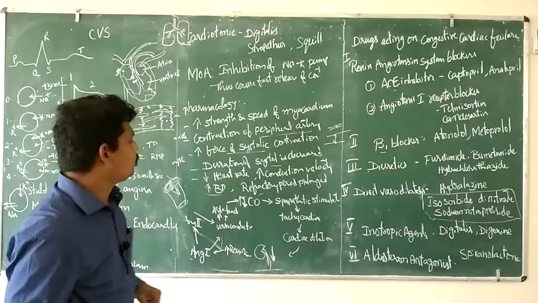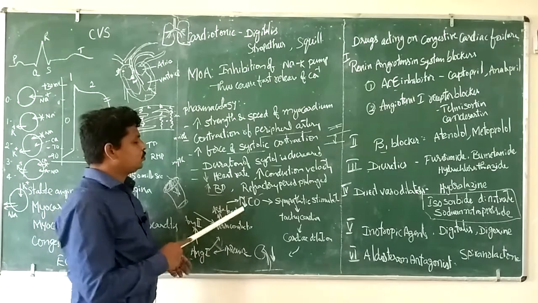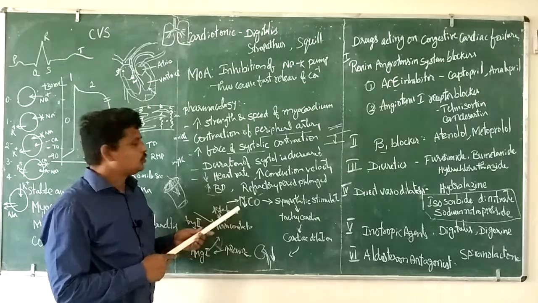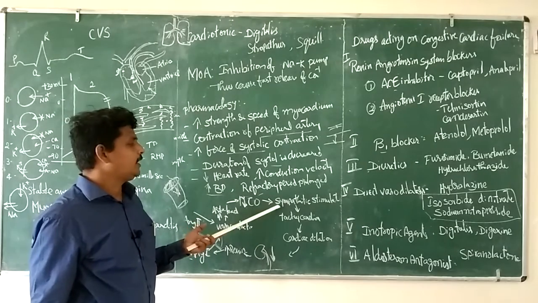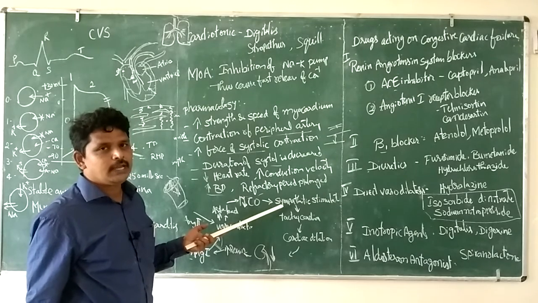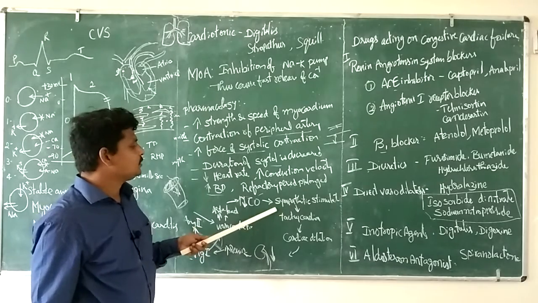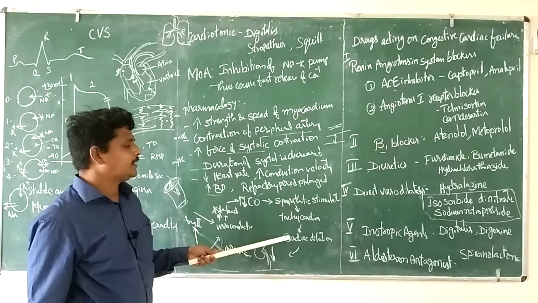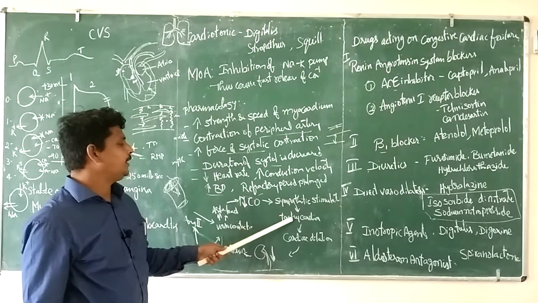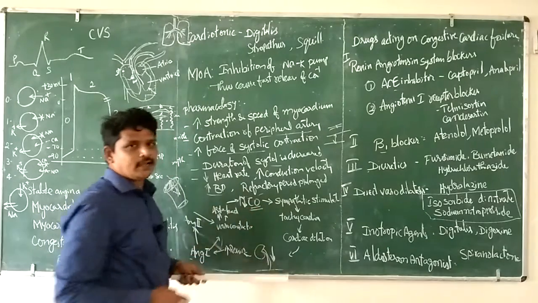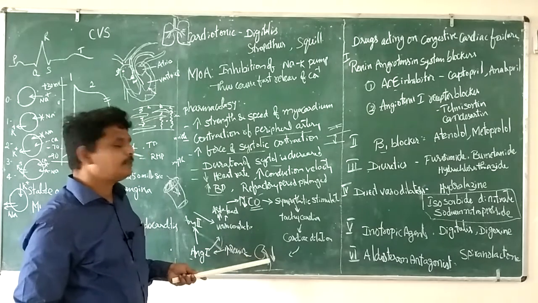So what happens normally when the cardiac output is decreased? Because of the bradycardia, the cardiac output is decreased. That leads to sympathetic stimulation. Sympathetic means noradrenaline is going to be released and bind to the alpha 1, alpha 2, beta 1, and beta 2 receptors, causing various functional changes. That leads to tachycardia, and cardiac dilation takes place. Because of this, again it tries to correct the decreased cardiac output. This is one mechanism, and it leads to decreased blood supply to the kidney.